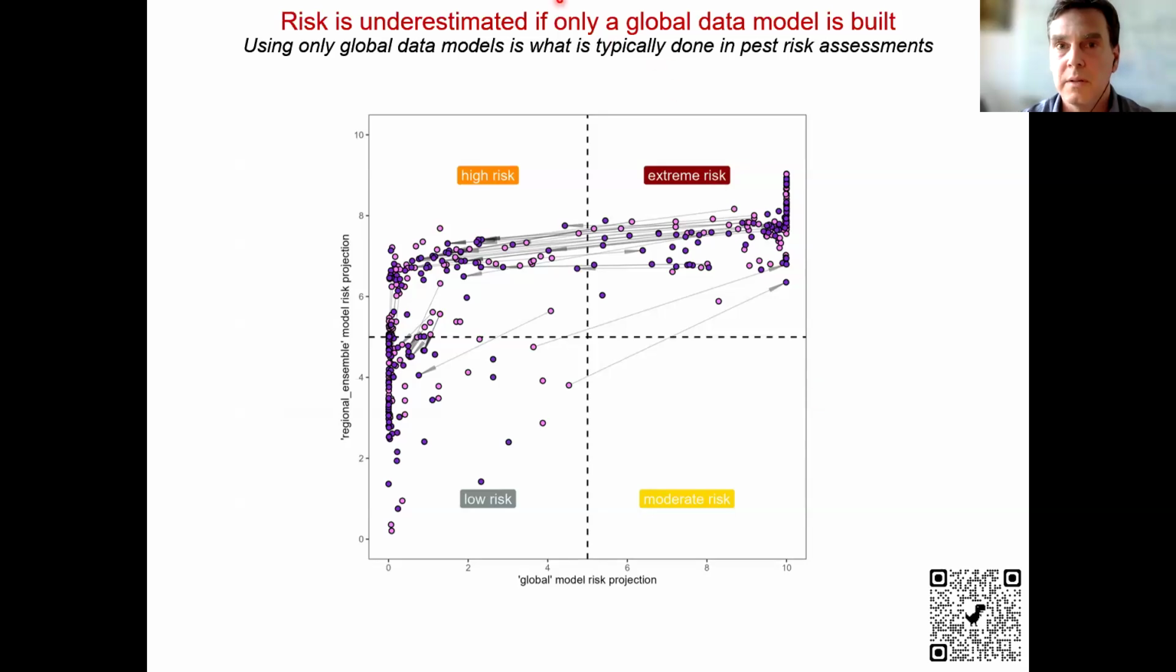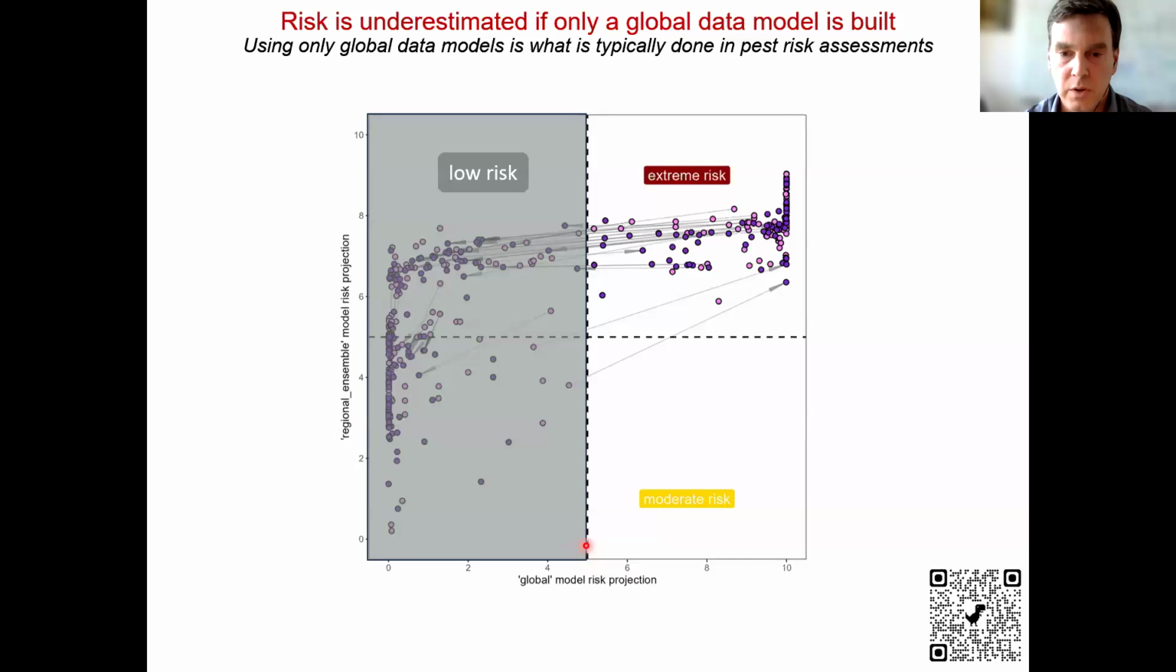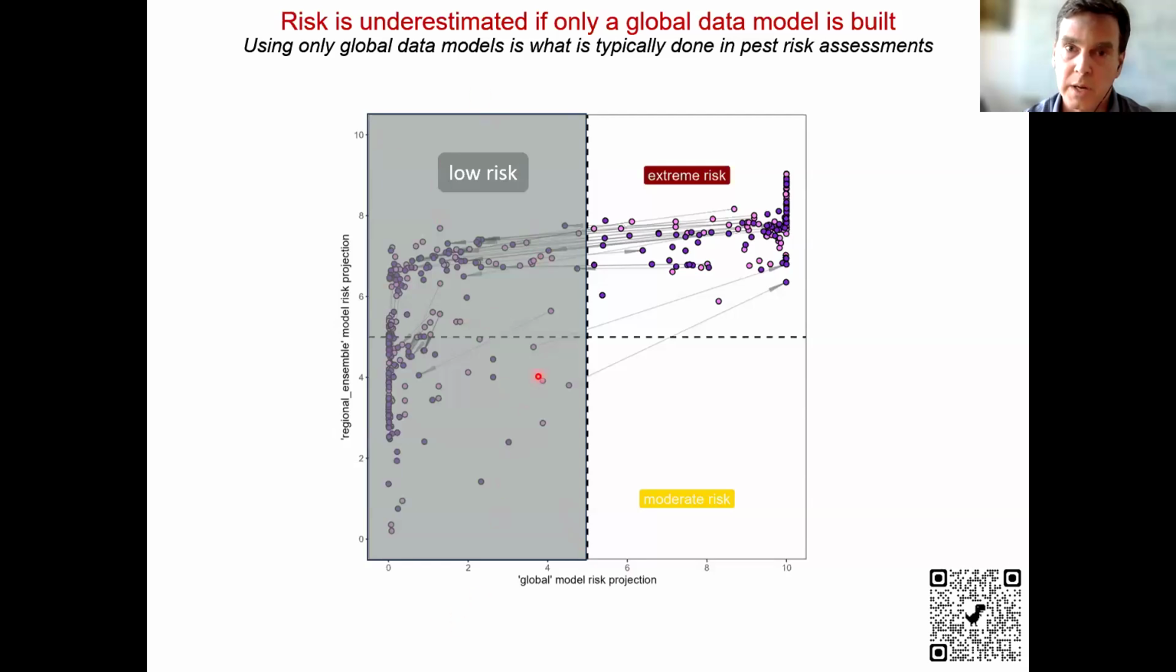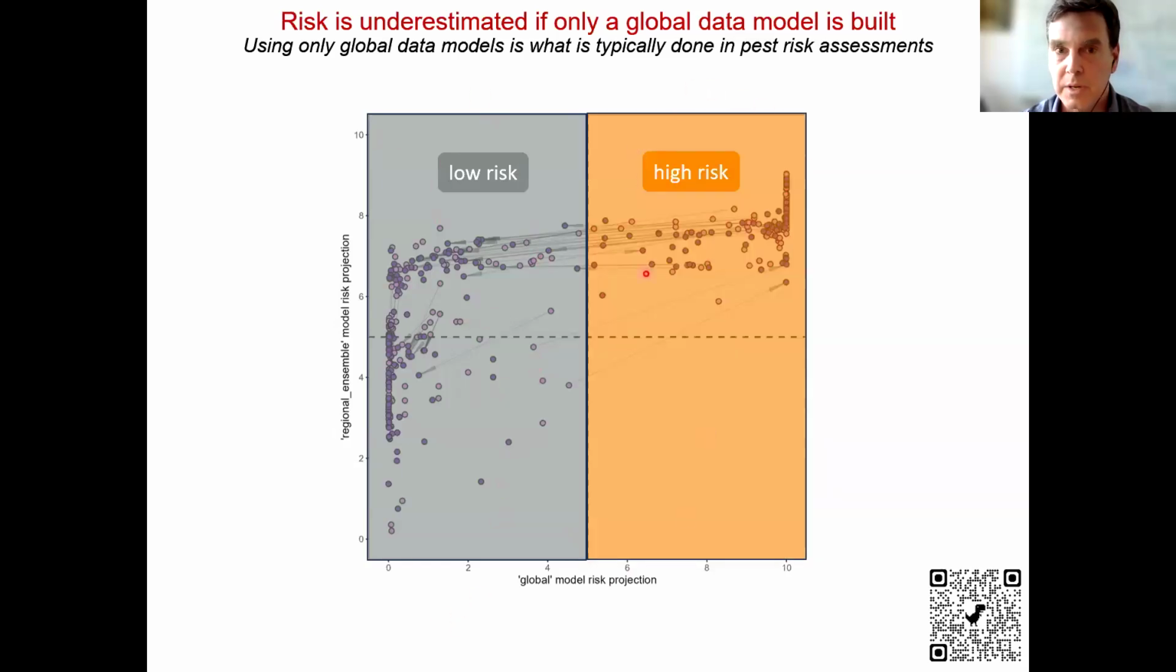Now, if we had only built the global data model, like what's typically done, that risk is highly underestimated. And so this is what I mean by that. This is our risk map here, and this is just the global risk projection. If we had only looked at the global risk projection, these lines here are the minimal suitability thresholds. Anything below this line means that the model says that Lanternfly can't exist there. So this entire area here would be low risk, and this entire area here would be that high risk area. And so it's missing all of these points here that you actually get when you're dealing with that regional ensemble. And so it makes sense to regionalize your data whenever you're doing these types of risk assessments with invasive species